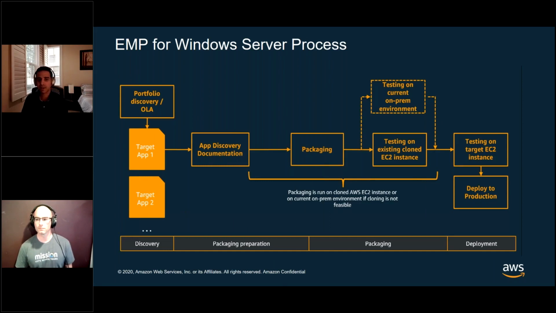In the first step, which we call discovery, we will sit down with you. We will take a look at the applications that need to be packaged. We will look at whether that application can be upgraded in place by taking care of the operating system. So the in-place upgrade that I was talking about. If we cannot do that, then we will look at the application. We look at what are the different dependencies the application has within the setup. So that's the process we call discovery.